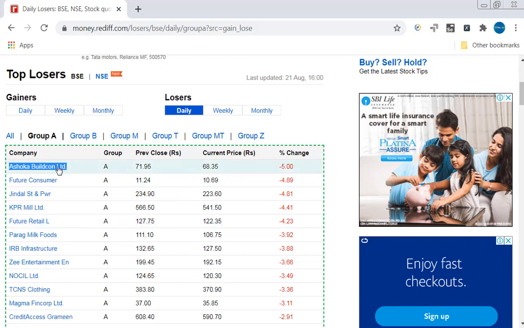Today the row index for Ashoka Buildcon Limited is 1, Future Consumer is 2, Jindal Stainless and Power is 3. Tomorrow the row index for Ashoka Buildcon might be 10th or 15th or 28th, or it might not be available at all, depending upon the data.